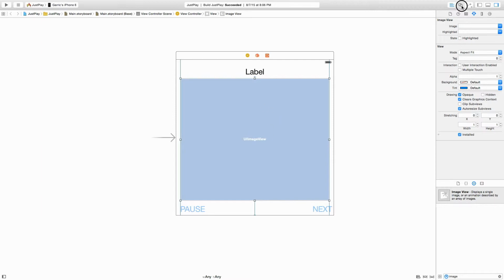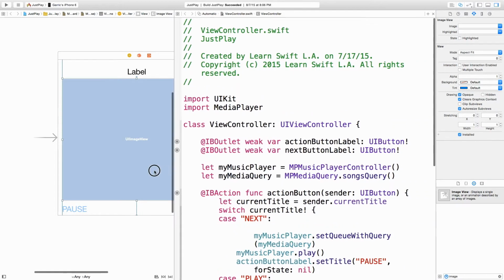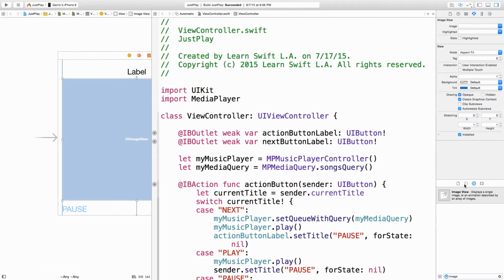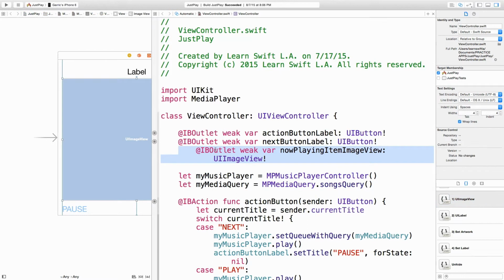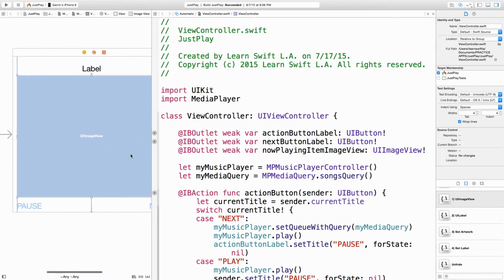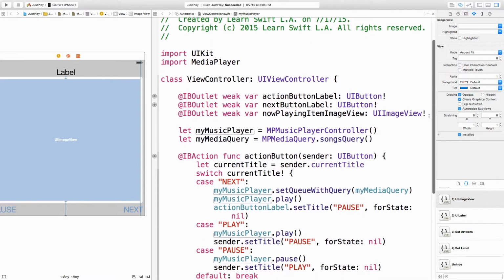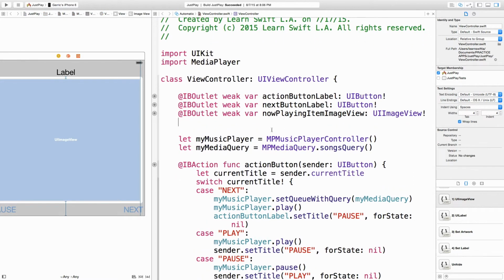Now let's get our code all hooked up. I have some pre-written code here in the code snippet library. First is the code for my image view outlet, and then I can control drag from the image view, and that should hook up. Looks like there's a little bug. Up there it goes. And then for my label,